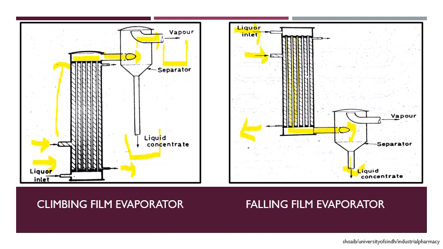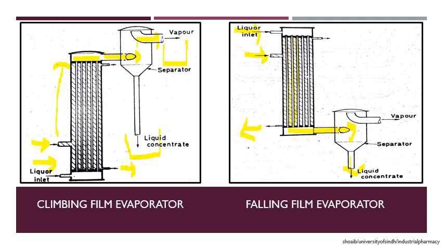So firstly, a thin liquor will be concentrated with the help of the climbing film evaporator, and the climbing film evaporator's product outlet is connected with the falling film evaporator. That means now the concentrated product will go into the falling film evaporator. In the falling film evaporator, the product is concentrated as it comes to the downside, and the more concentrated liquid will be obtained from the product outlet.